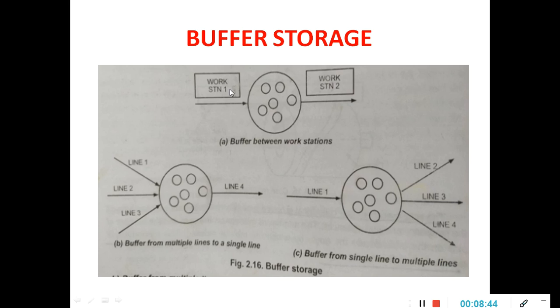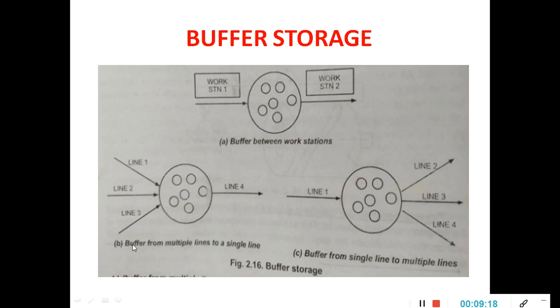So here there are 2 workstations. Let us consider a CNC machine here and a VNC machine here. One is known as the upstream and the other is known as the downstream. In between, the buffer is going to be made. So components which are processed in the first workstation are going to be stored in a buffer, and whenever there is a breakdown in workstation number 1, the stored components are continuously fed into workstation number 2, and the process continues. The line is going to be continuous until it is repaired.